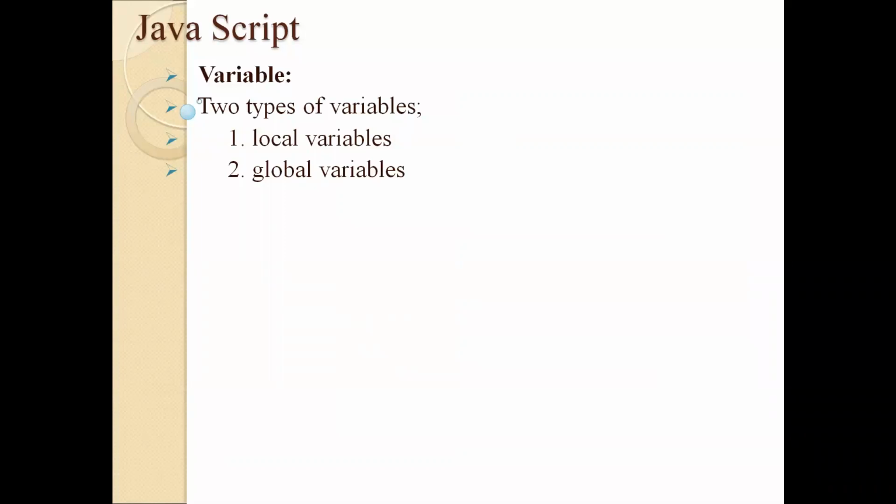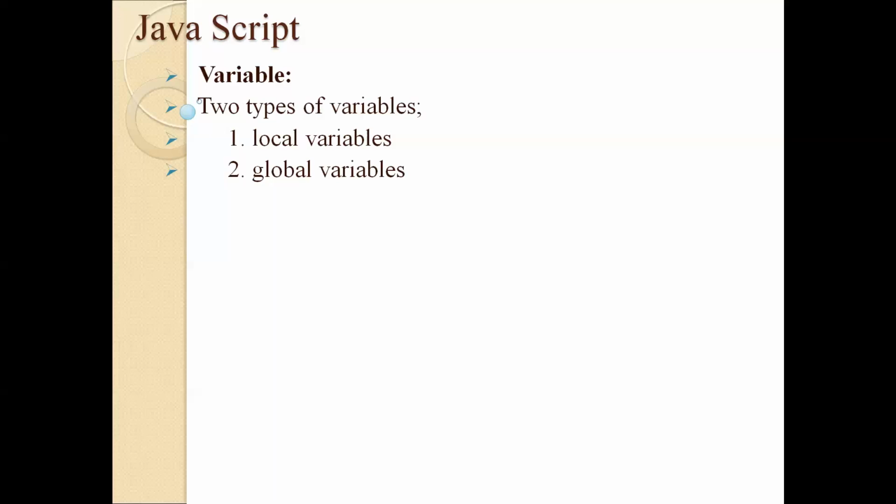So these variables are very much similar in C programming language. Also, we can find the two names, global and local. In C++ and Java, the variables can be divided into three types: local variables, global variables, and instance variables. Instance variables, the variables which are defined inside the class and outside of the method, are called as instance variables. And the variables which are defined inside the method are called as local. And the variables which are defined outside everything is called as global, right?